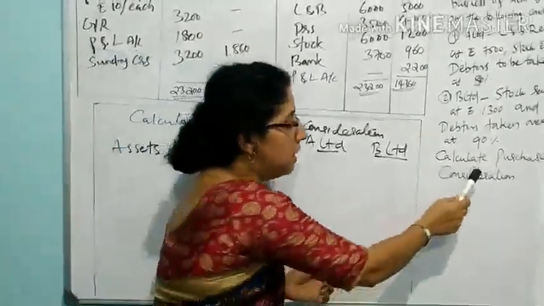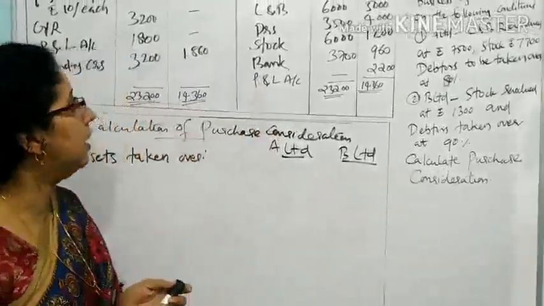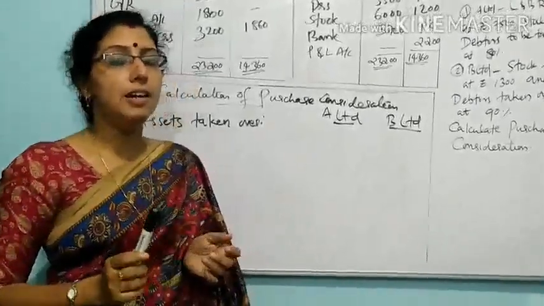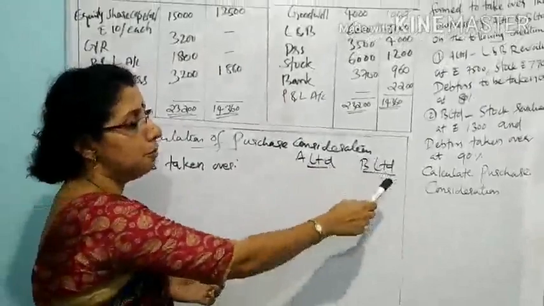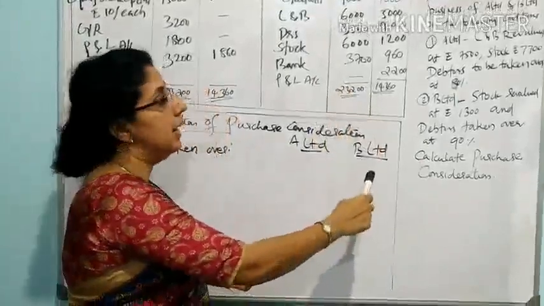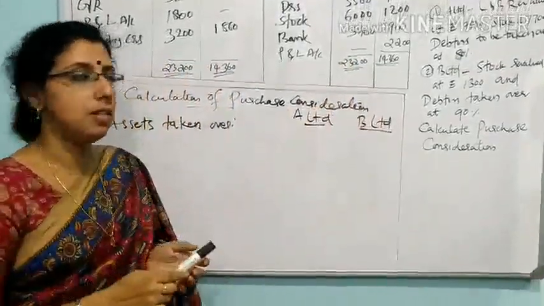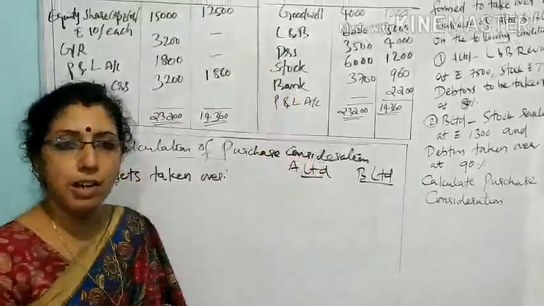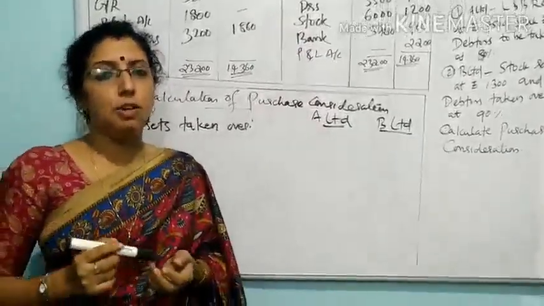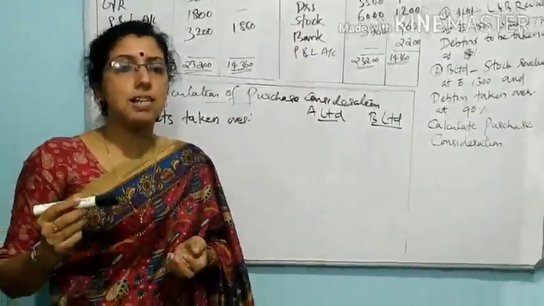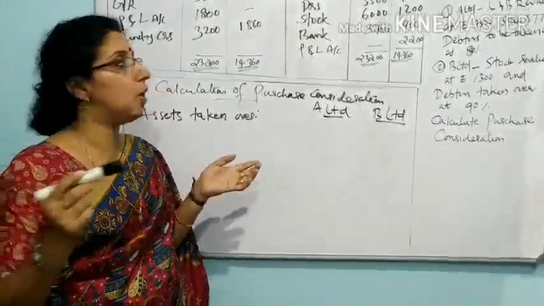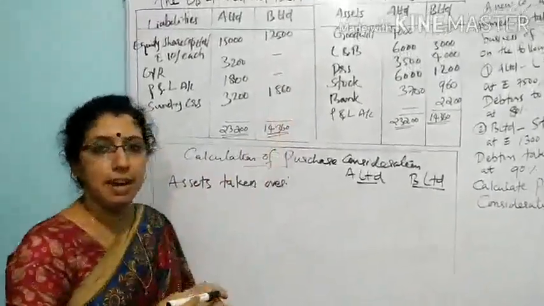Okay. So our question is to calculate the purchase consideration. By using this information, we can calculate our purchase consideration only under the net asset method. Clear? Because there is no information relating to issue of shares. If there is any information relating to issue of shares, then we can find our purchase consideration by using the net payment method. Here we can follow only the net asset method. Then under the net asset method, PC equals net assets. Then what is net asset? Net assets equal assets taken over minus liabilities taken over. Okay, assets taken over minus liabilities taken over. Here there are two companies, A Limited and B Limited.